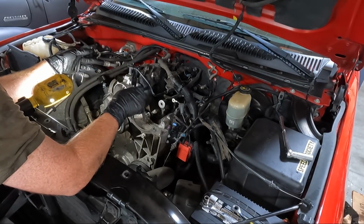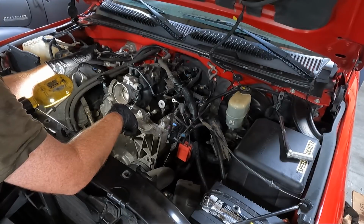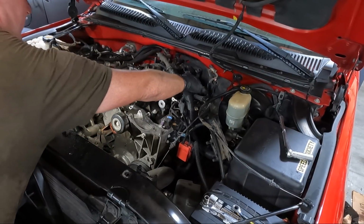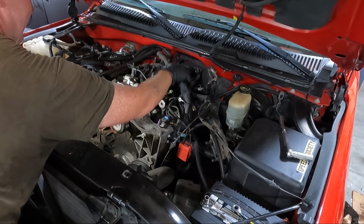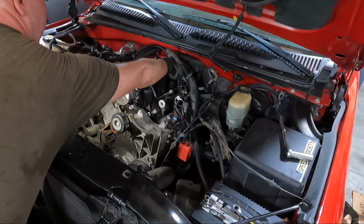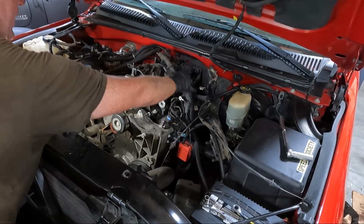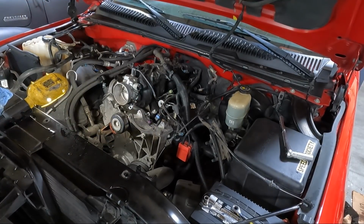A lot of times I'll take the injectors out separately. I think I'm gonna try to just do it all at once here, if I can get this kind of out of the way while I do it. We do need to disconnect this line. Actually, no, we don't, because we'll leave it there. All right, I think we've got all the wiring disconnected that we need. So we just need to get the fuel lines and then worry about the